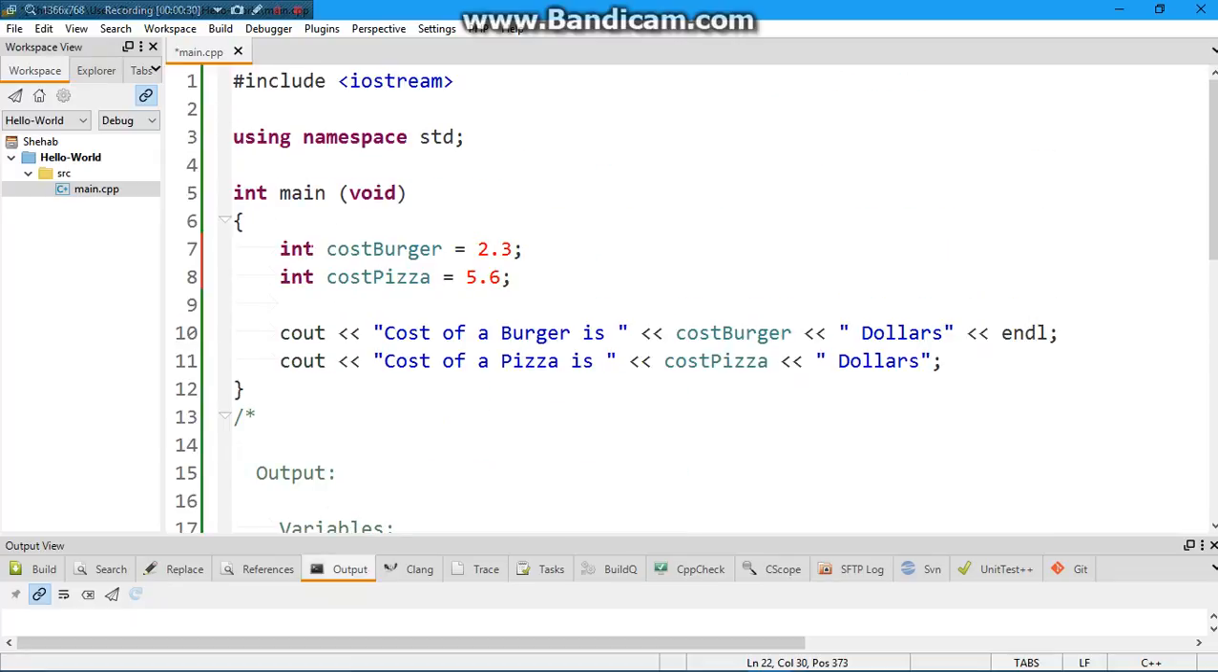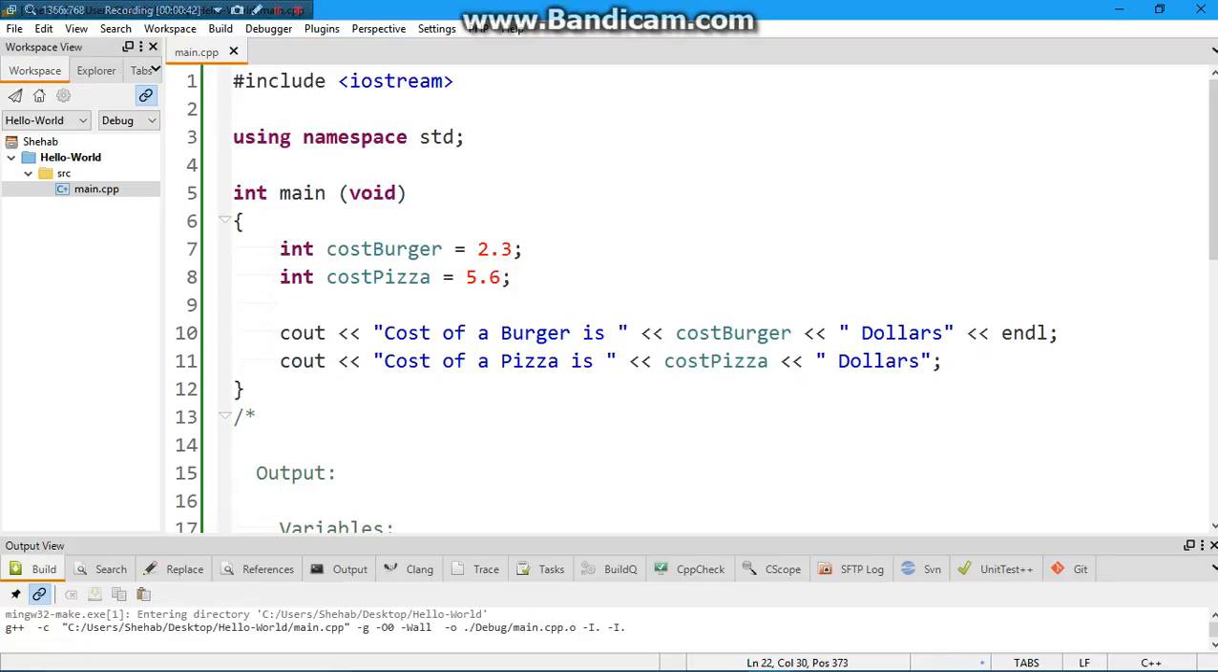An integer, what does an integer hold? Well, an integer holds whole numbers, but is this a whole number? Well, I don't think so. But let's just give it a shot, just being nice experimenters. So save, run,